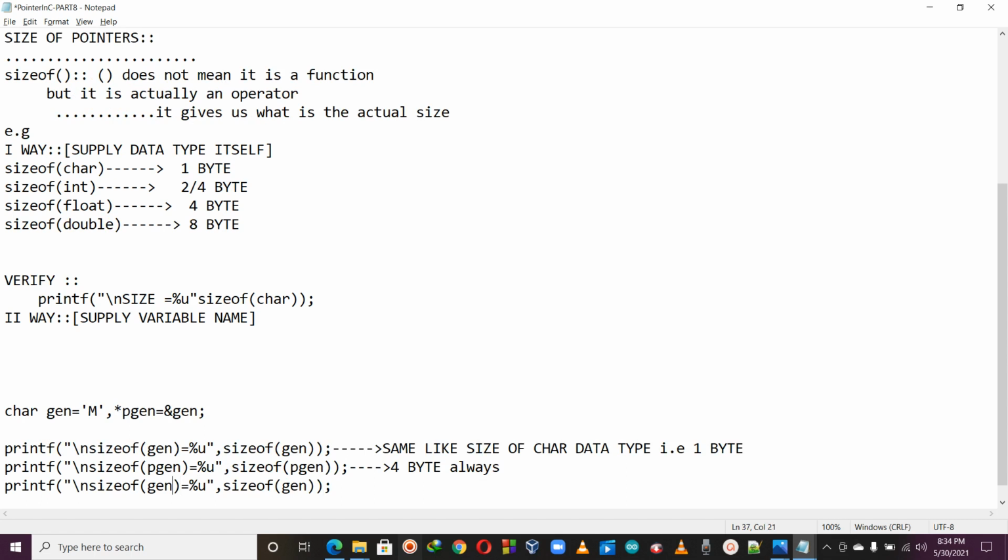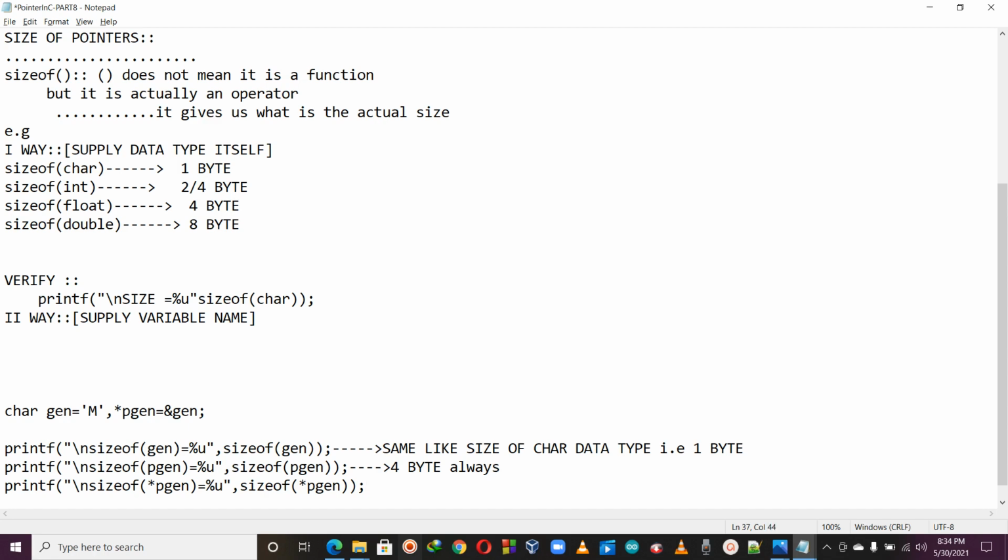Next I am supplying star pgen. I'm taking one by one, supplying gen, supplying pgen, supplying star pgen. What is the difference between these three? Already you know, star pgen means you are dereferencing the pointer.